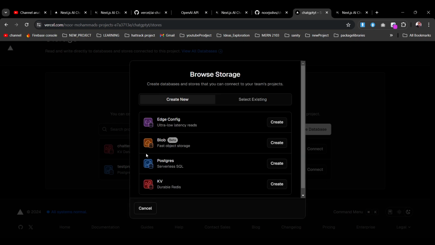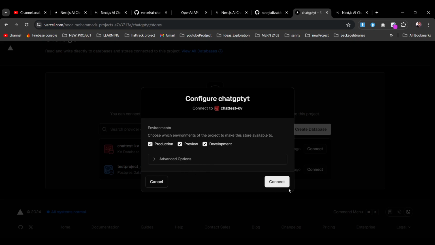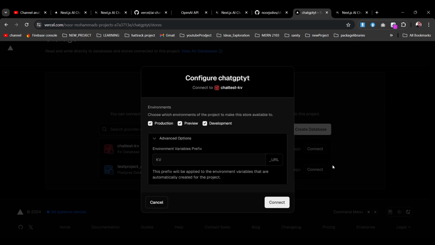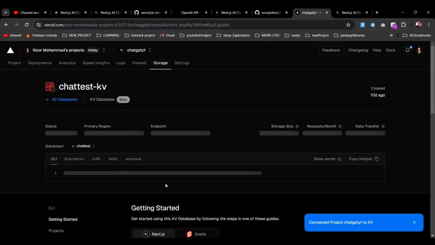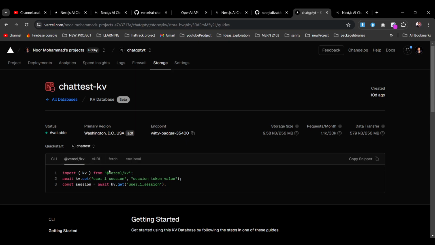So what I'm gonna do, as I'm already having one KV database, I'm gonna connect that one with my project, as you see, for the production, preview, development. And you can also choose from the advanced option, and you can pass your advanced URL, but I'll just go with that connect. Simply connect this application with KV, and after connecting, you see there is a Vercel